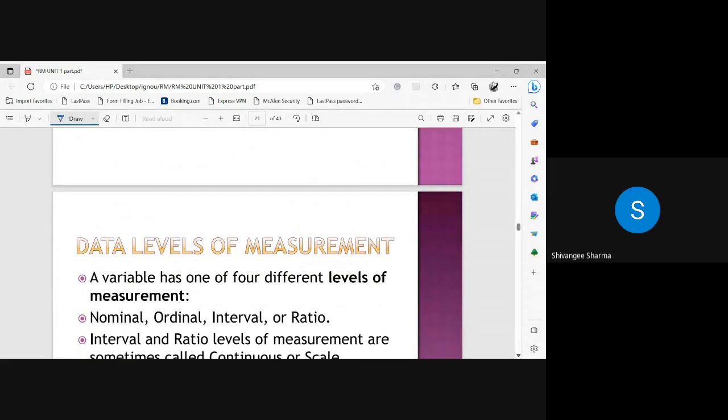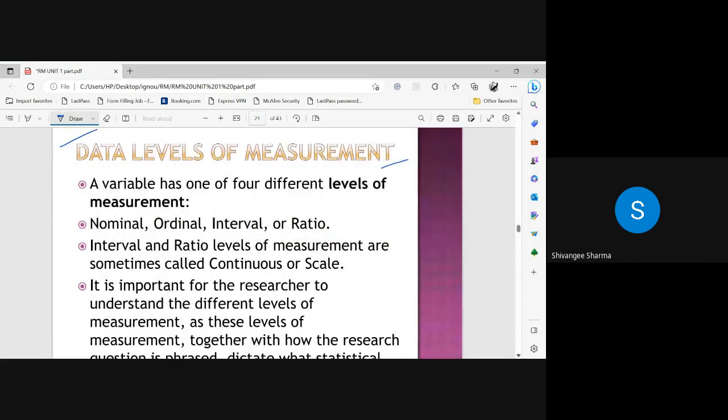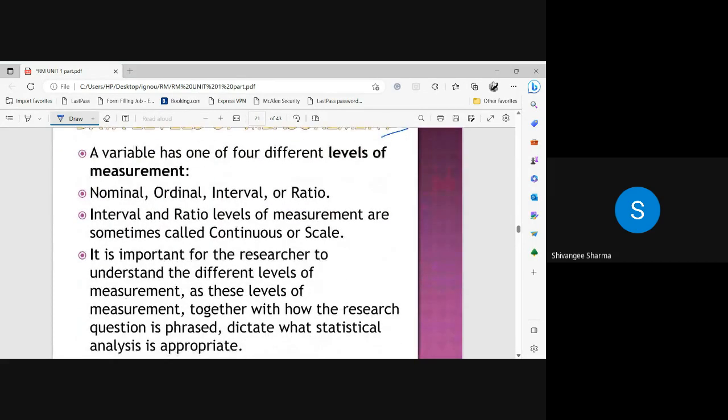So this is all about what is research and how the research is conducted. The next topic is related to levels of measurement. Measurement is very much required in any research because in any research you are using variables and variables are to be measured. As you know, temperature can be measured in Celsius and Fahrenheit. In the same way, attitudes can be measured. So this measurement is basically done on